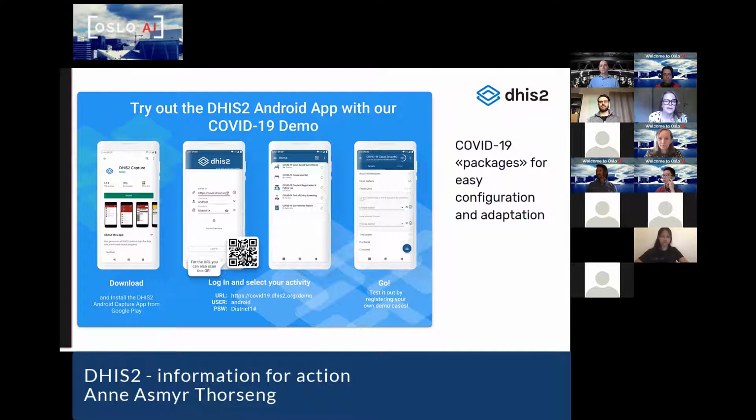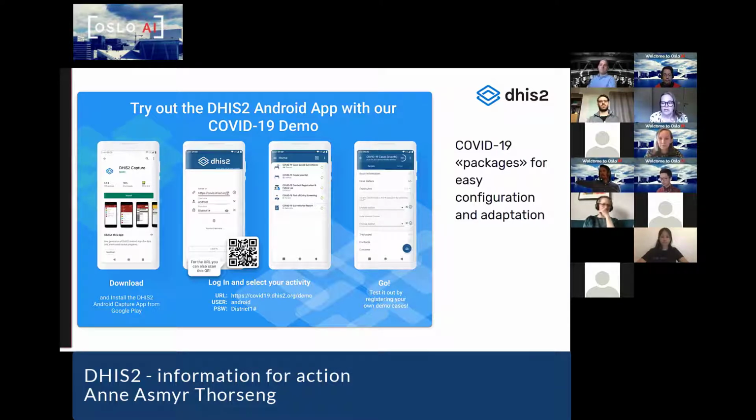And seeing that we're a big global community of people that know each other, it gets picked up very quickly when people make an innovation like this. Very quickly, this was built as a global package for COVID by our global development team, and it's now offered to many countries.